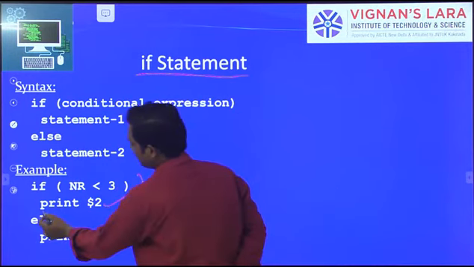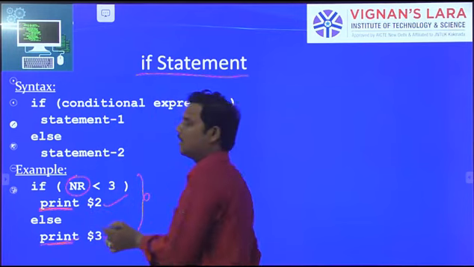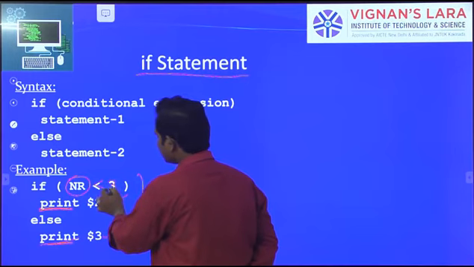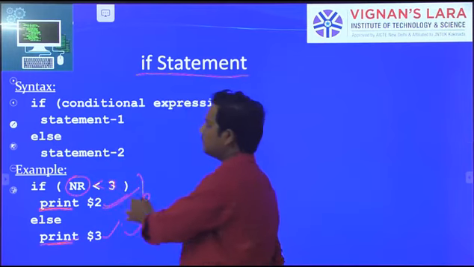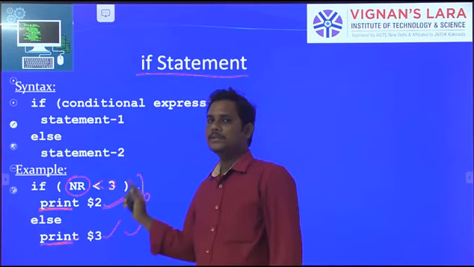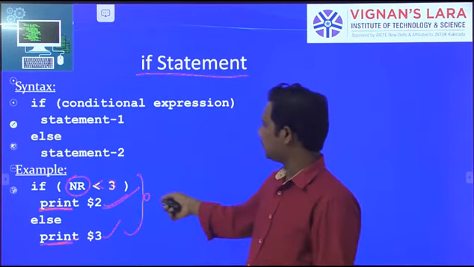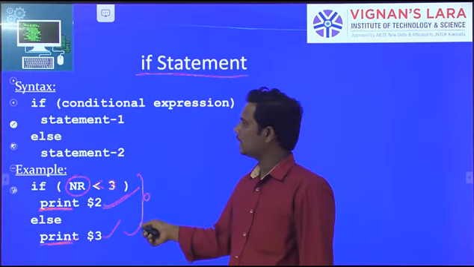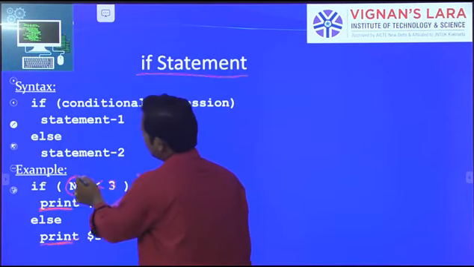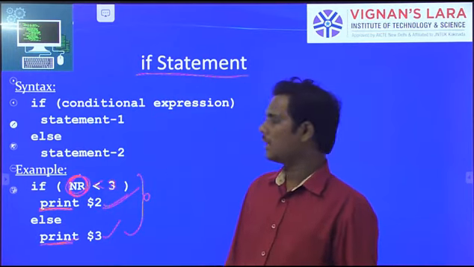So you can observe it here, print statement. Here print statement. So NR means number of records less than 3, the statement is true, then only this $2 is printed, or else if the statement is false, the other is printed. So how we can use it in AWK? Just simply we are writing. In C programming also we follow the same procedure. Here we are writing the direct variable, the predefined variable NR.